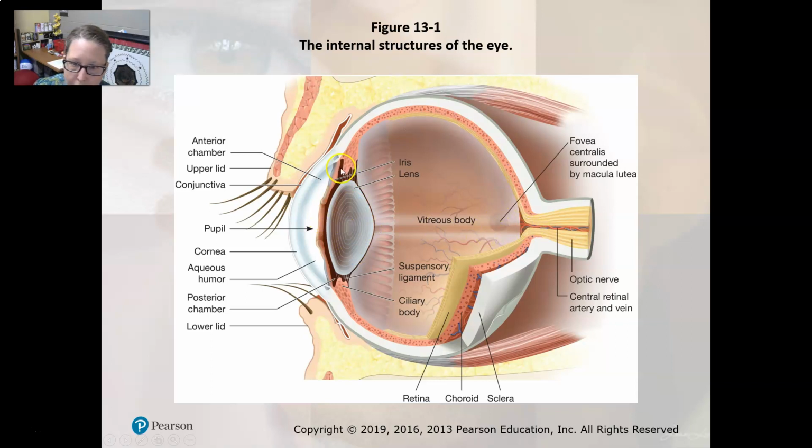And then we have the iris and the pupil, and then we have the cornea, and then in the space here between the cornea and the lens, you have the aqueous humor. So, and then we have our conjunctiva right here, and then we have our eyelids right there, and our eyelashes